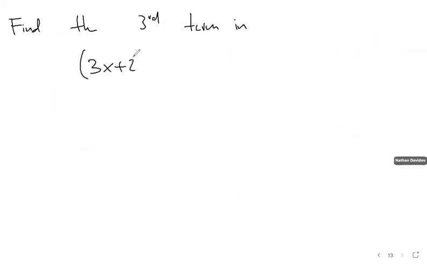So now, find the third term in 3x plus 2 to the 4th. Find the third term in this guy. Well, we know, remember this was, are we doing anything with distance formula? So I'll answer that in a minute. Find the third term in this guy. Well, we know